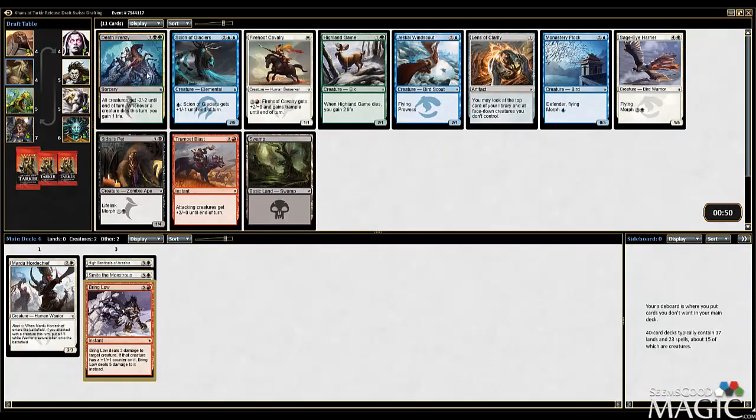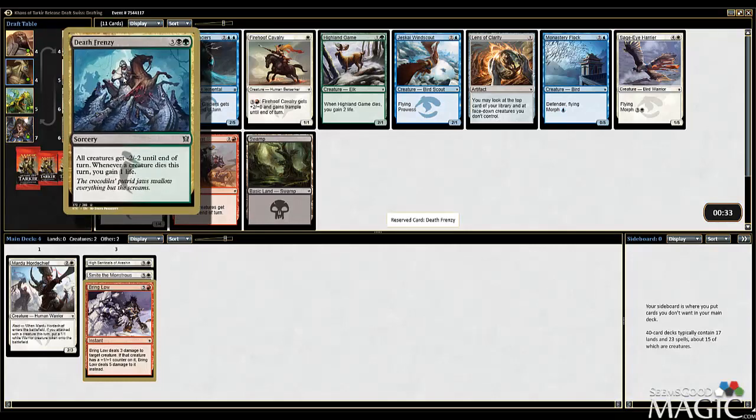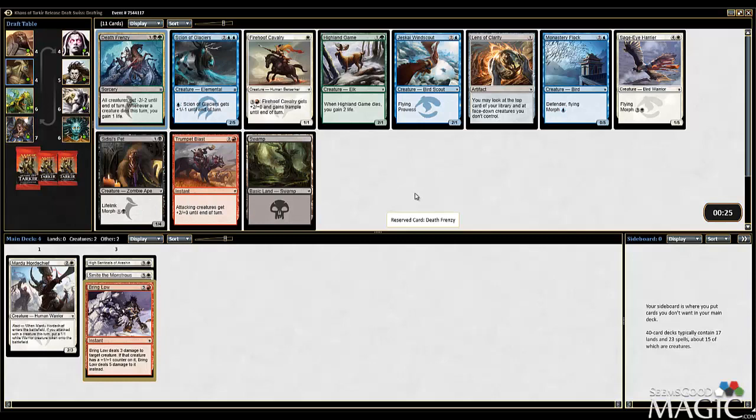So Trumpet Blast, there's also Death Frenzy. Death Frenzy is the Abzan card. And the nice thing is it doesn't kill any of the creatures we have so far, which is legitimately nice. That is good. I think we can take the Death Frenzy. That's a pretty powerful effect. Kill all morph dudes, gain life. Not bad. I guess I can see places where that's not that good, but